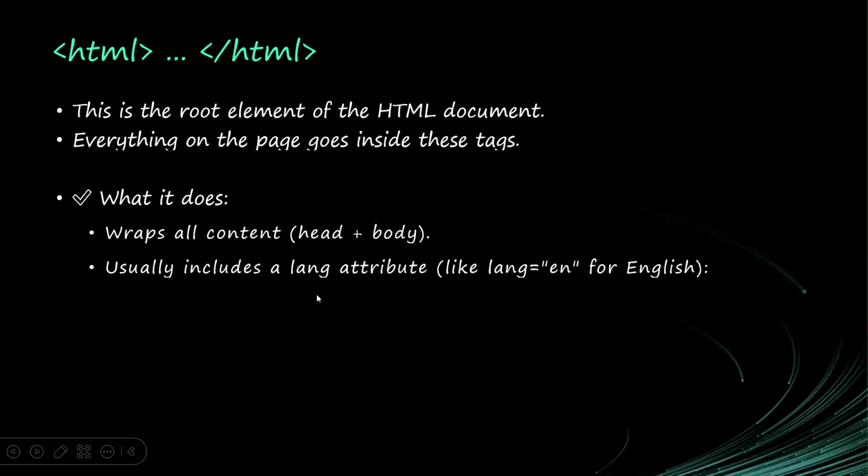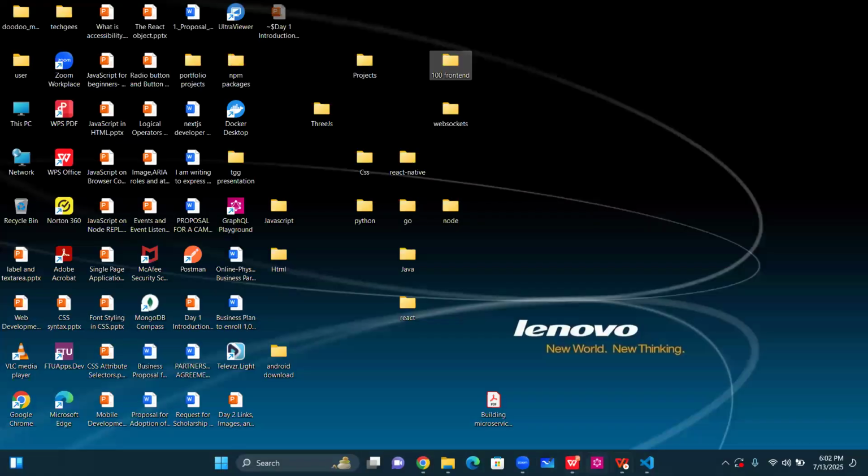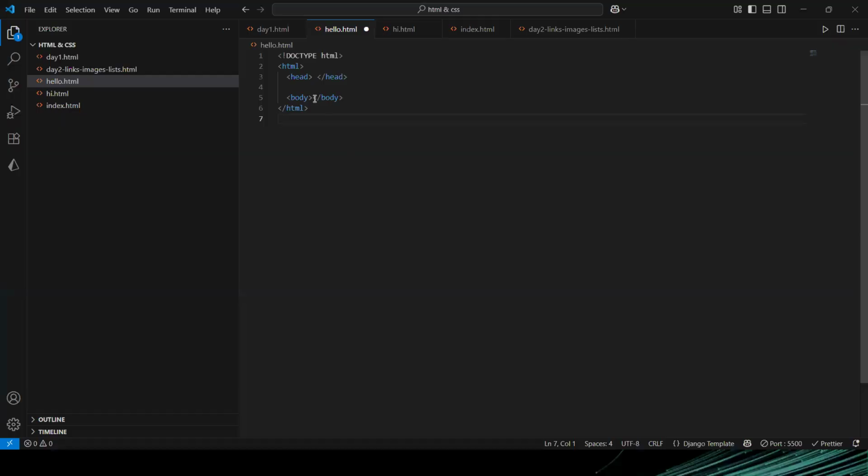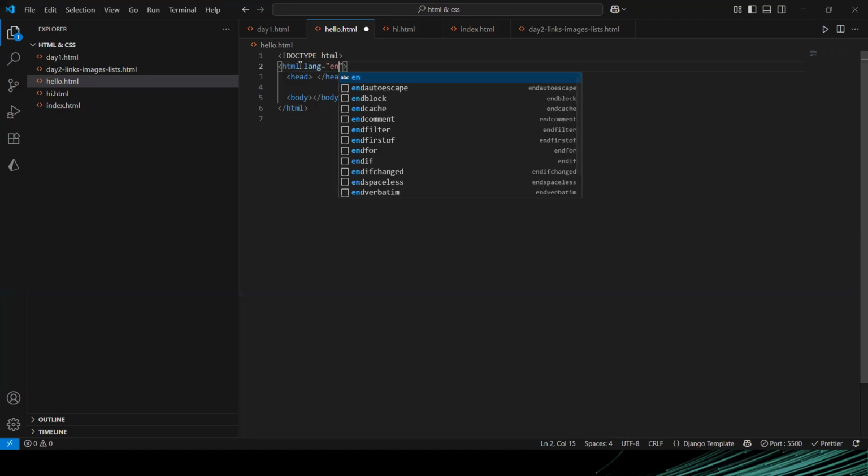The HTML element usually includes a lang attribute. You can add this lang attribute. Every element can have attributes. We'll talk about that later on. This lang attribute is telling the browser, oh, I'll be using the English language. If I say an attribute like this is equal to en-us,